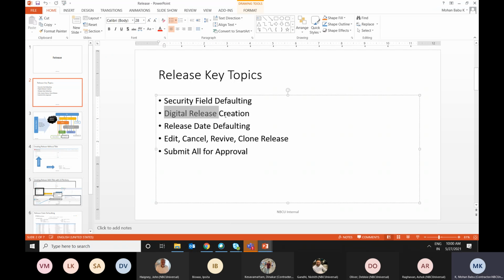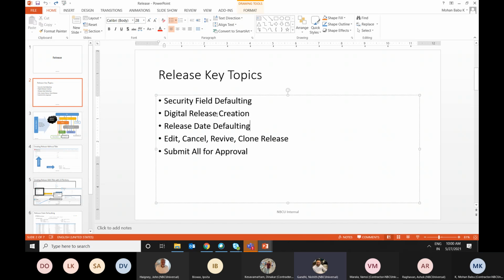The digital release creation is pending, but if Saurabh is taking care of it, because we didn't work much on this digital release creation. Maybe at the end of the session, we'll plan this one. I think you guys got some of the information about the digital release, right? Yes, we already got the KT for digital release. The only thing we need to explain is how it is syncing from the release on some date. Only some points. Yes, that we can take at the end of this KT session.